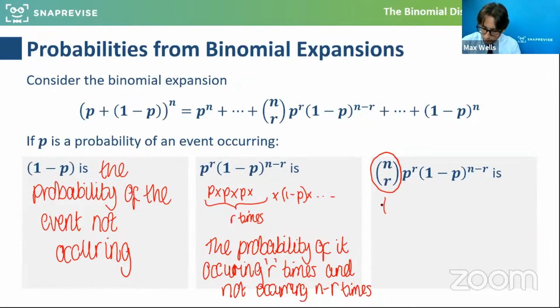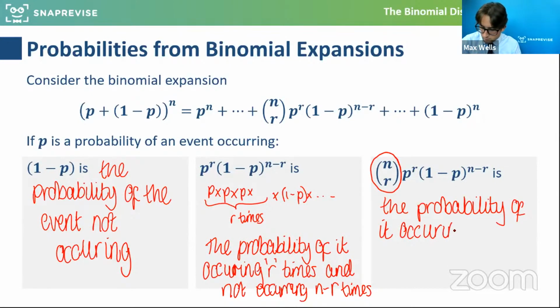And this is the probability. This is what we actually use, and we'll do it with some examples. Then I'm going to show you some really nice calculator shortcuts for this. So the probability of it occurring exactly r times